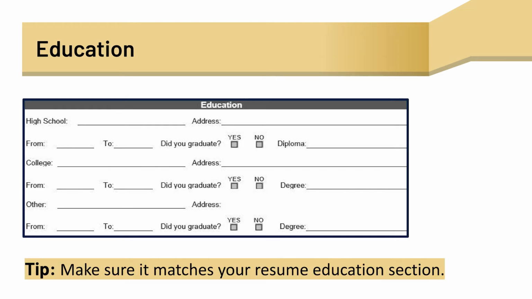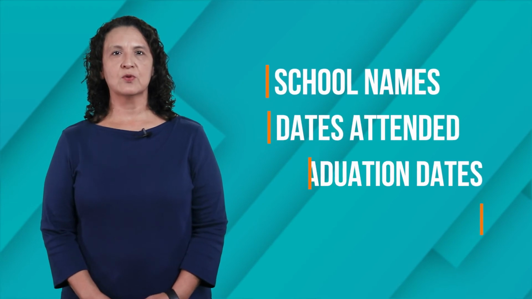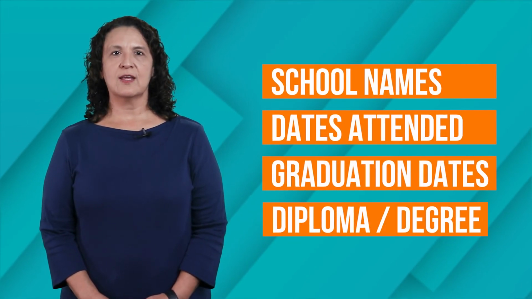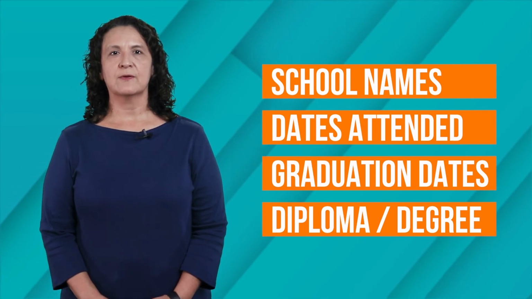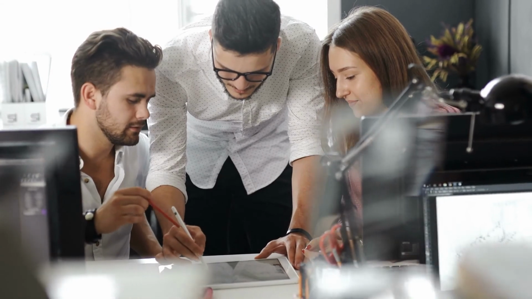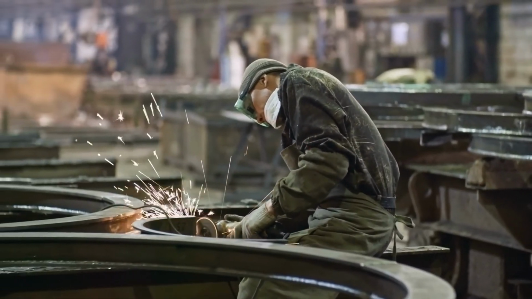The education section is where you, as an applicant, provide information as to where you received your high school, college degrees, vocational or technical programs, military training, or other education. You should be prepared to provide the names of schools, dates attended, graduation dates, and types of diploma or degree earned. As you can see from the example provided, this particular section may also be called qualifications, where the applicant is asked to provide education and training that you feel relates to the position being applied for. Education information can be found on a resume and on education transcripts.